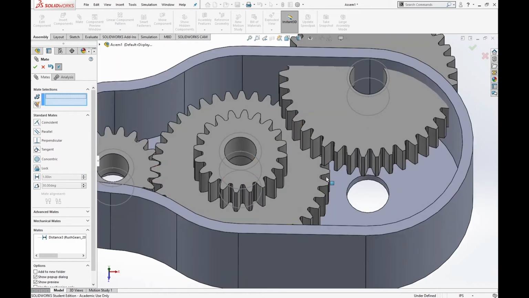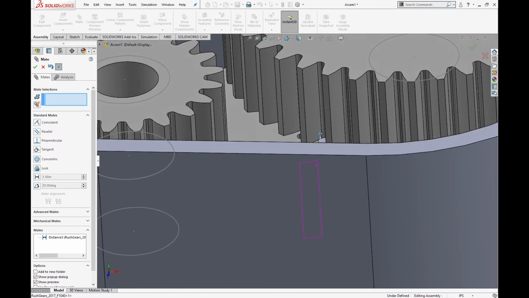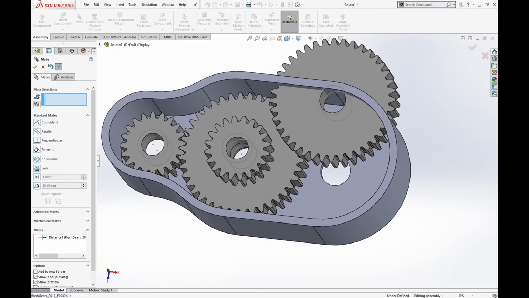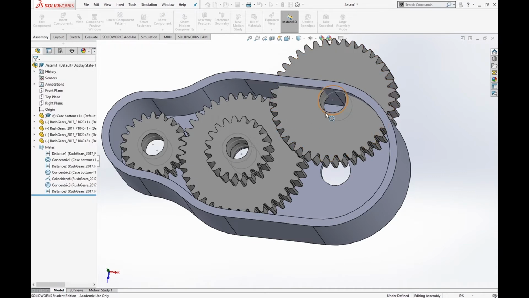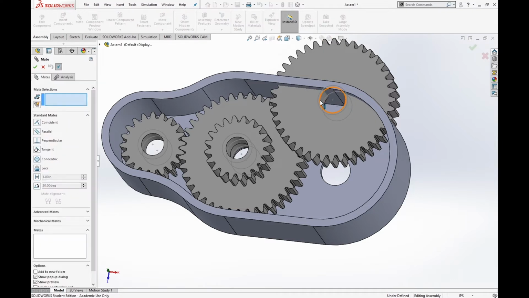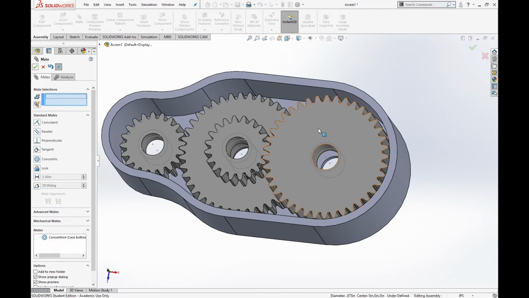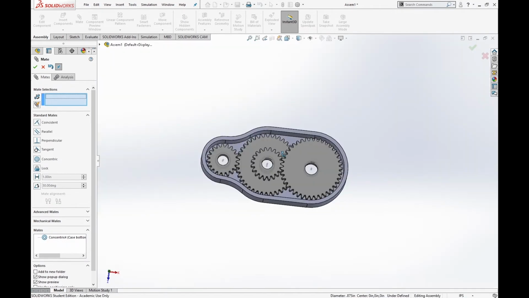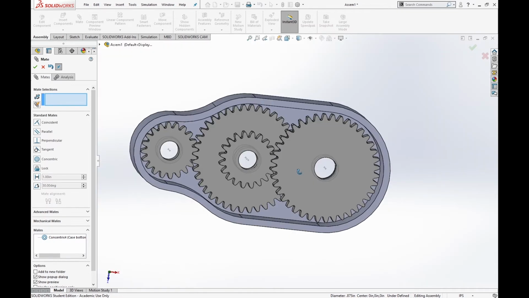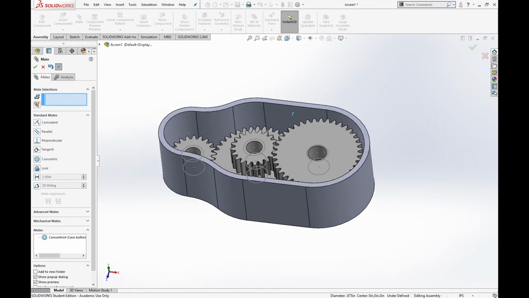There's a little bit of a gap, right? And now what I want to do is mate this one to this hole, and I'm going to check mark it, and so now I have my entire gear train on there. Alright, so I'm going to hide the case,